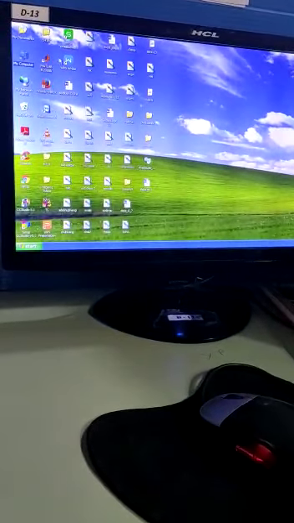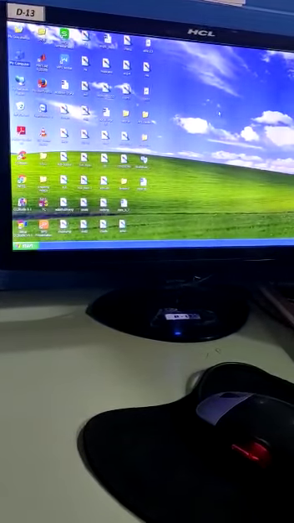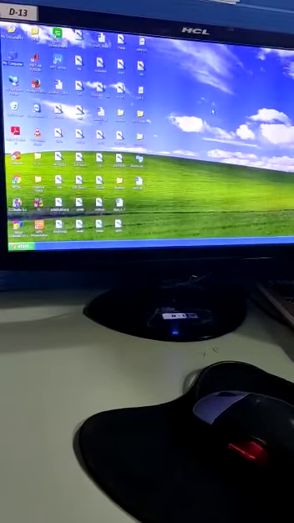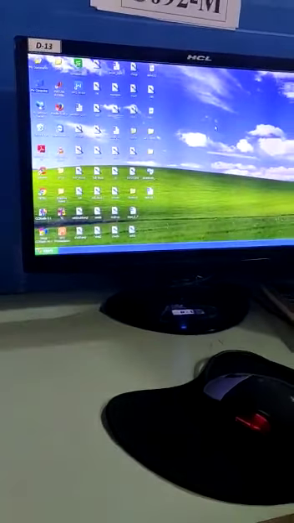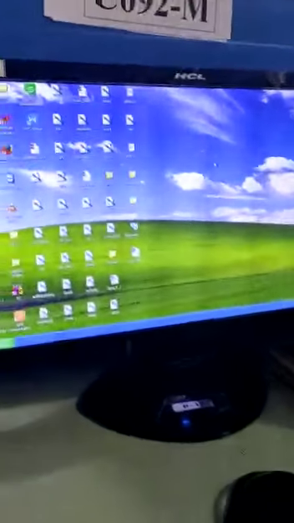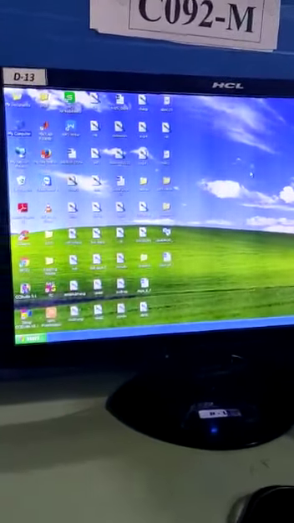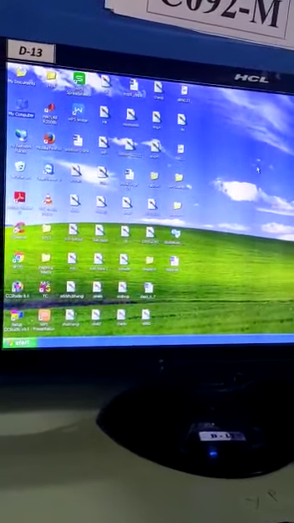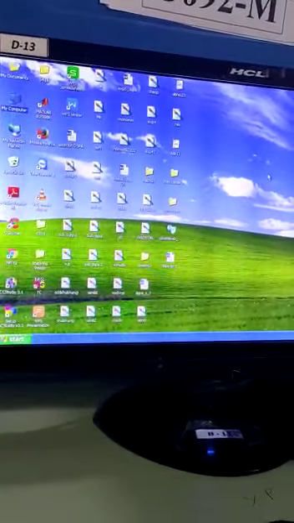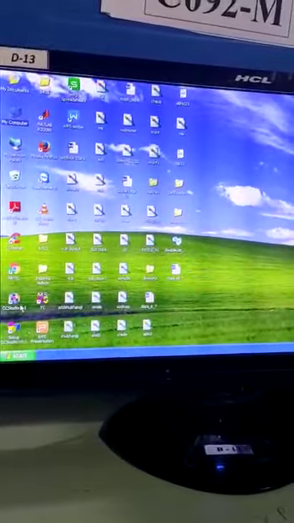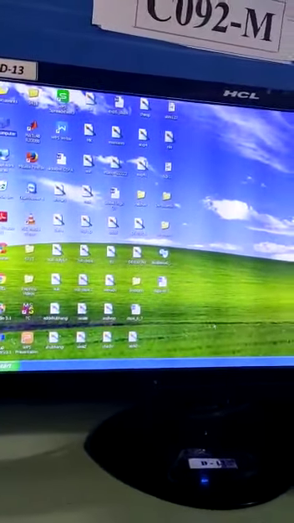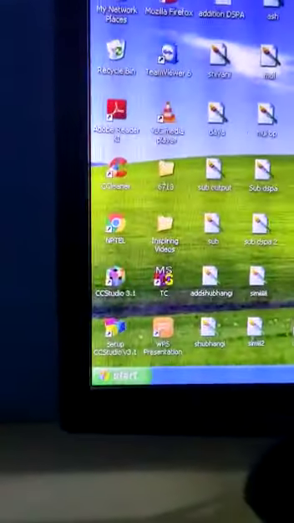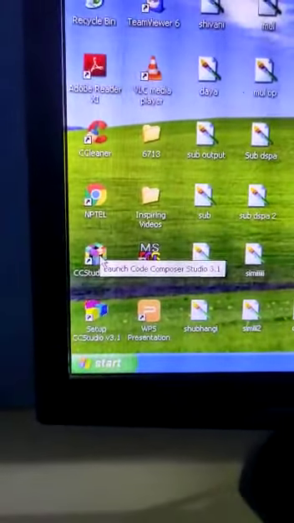You have to carefully see the sequence of steps that are going to be followed during this program, because it is a little bit lengthy, and you will have to concentrate on the procedure part. Once you are acquainted, you can easily do it. So we are going to do it in the Code Composer Studio software. You can see the icons on this desktop.